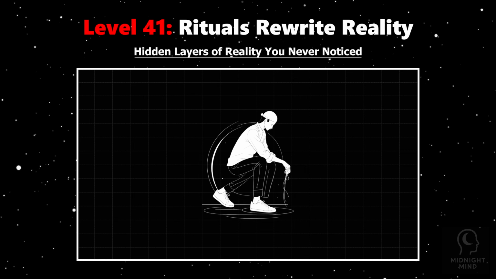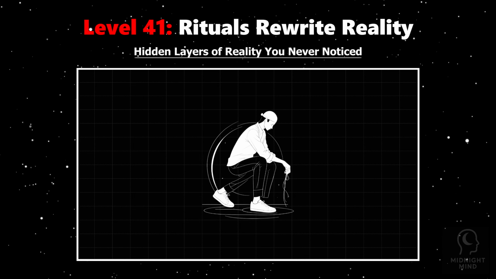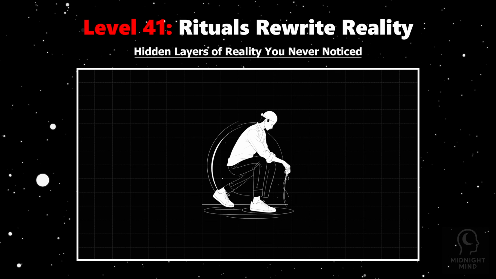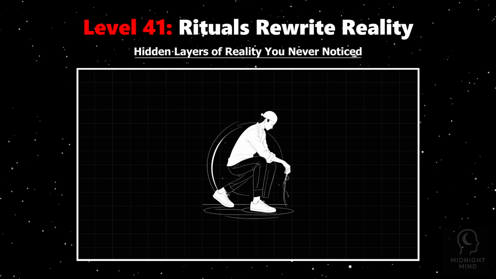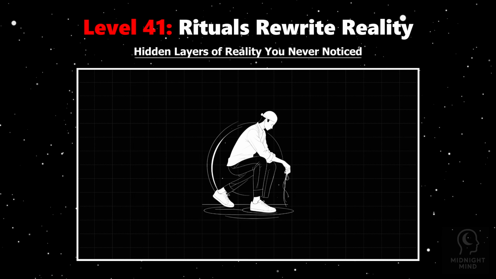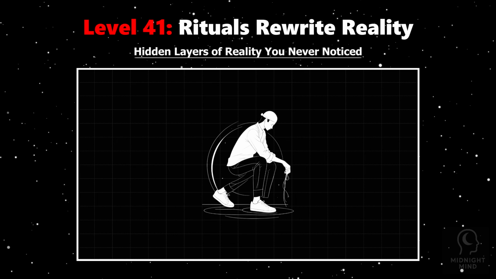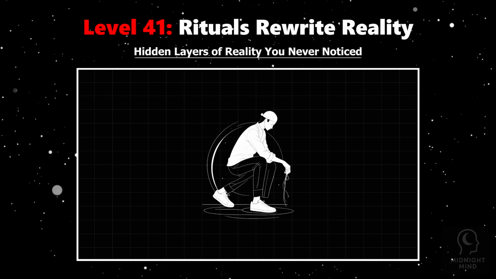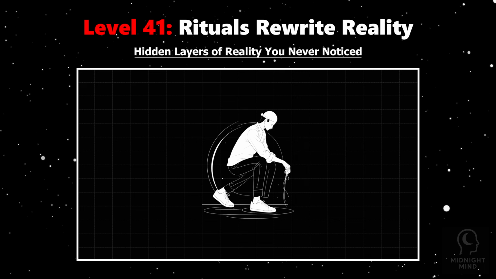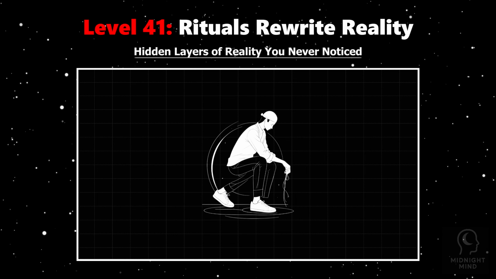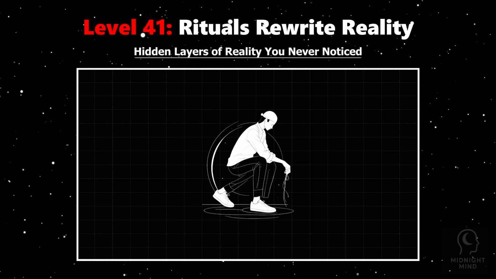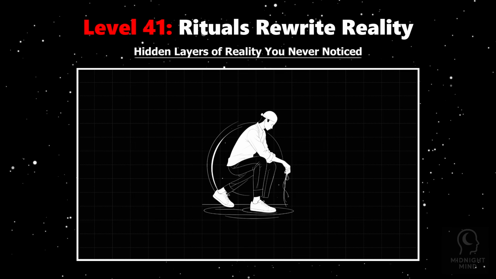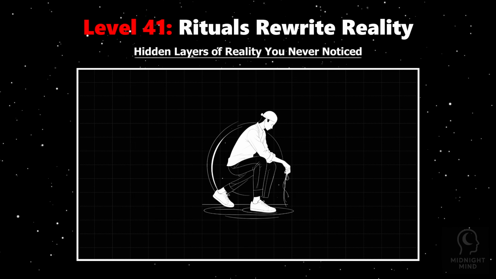Science reveals that rituals engage our brains in ways that reduce anxiety and increase focus. Neuroscientific studies show that performing rituals activates the basal ganglia and prefrontal cortex, regions linked to habit formation and decision-making. This activation creates a sense of control, even when the outcome is uncertain. For example, athletes who follow precise pre-game routines often perform better, not because the ritual changes physical skill, but because it rewires their mindset, reducing stress and boosting confidence.